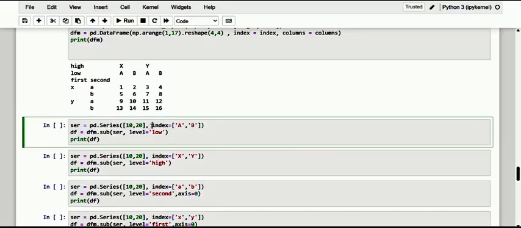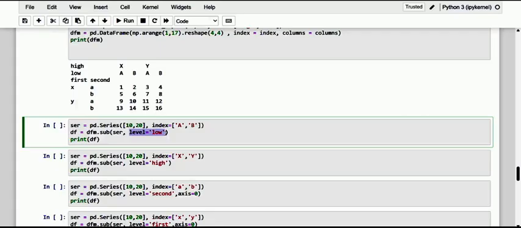So see here, dear friends, here it is the indexing level. So adding the name of the indexing level to the optional level parameter. For example, we can subtract the value of the series from the indices corresponding to the second indexing level of the columns. So in this case, if we specify level equal to low, we are going to make it a subtraction at the lower level.